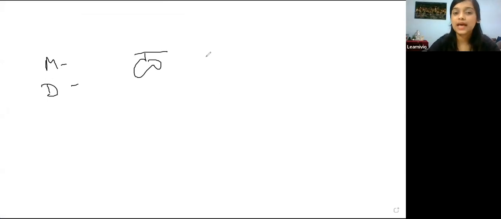Okay. So basically, first of all, we will understand what is the difference between meaning and the definition. First one is meaning and definition. For example, this is an apple. You can ignore my drawing, I'm not good at it. Okay, so just a minute. So this is an apple.